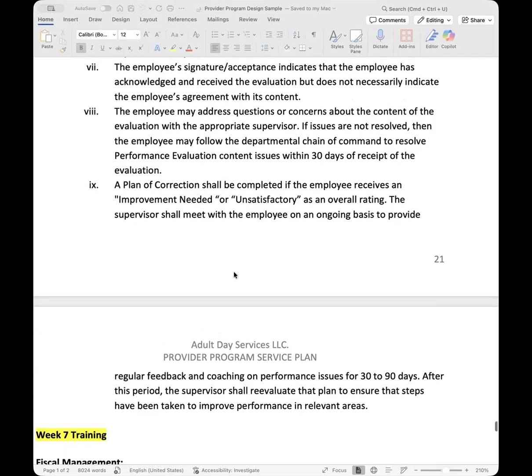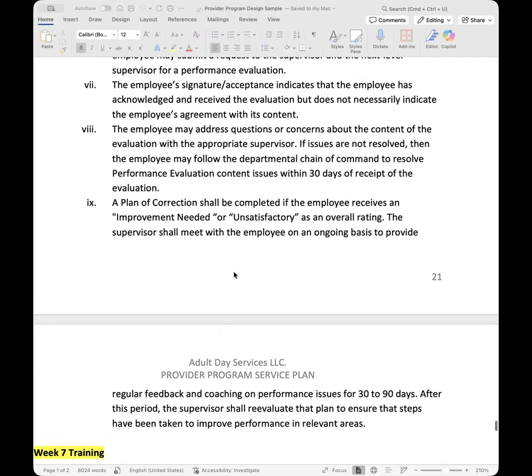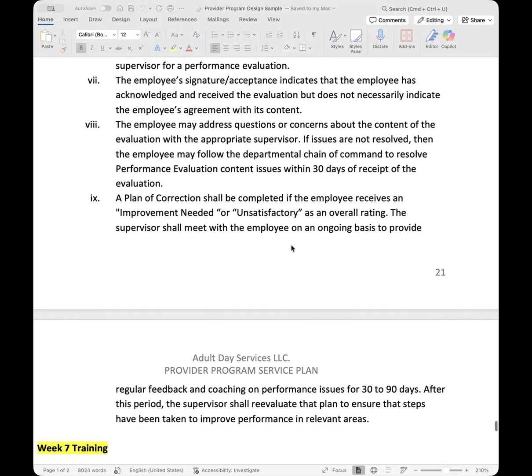That's one thing the regional center will require you as an agency to make sure you're checking in, and you're not just leaving a deficient staff out there to work with the clients with no follow-up and no additional training provided to them, but they're continuing to work with the clients, because then it becomes a liability concern at that point. So yeah, that is it.